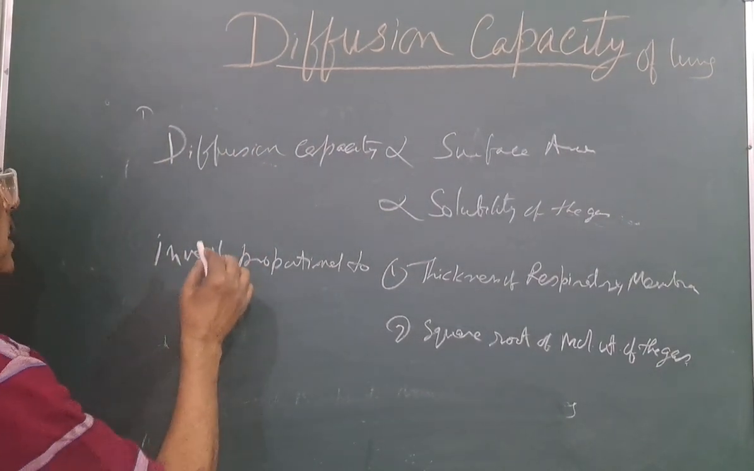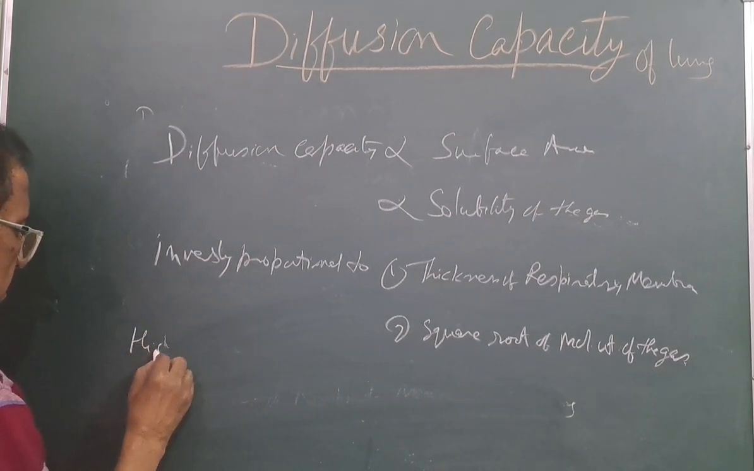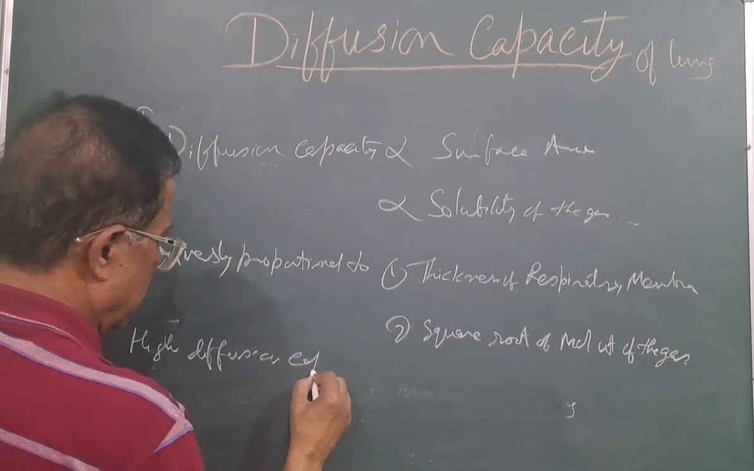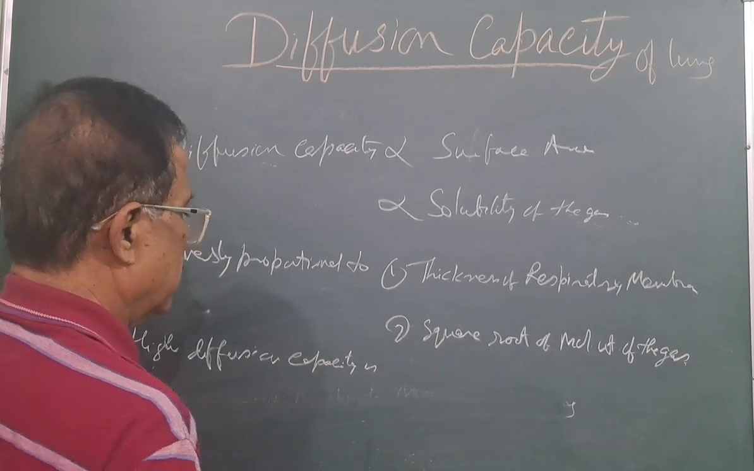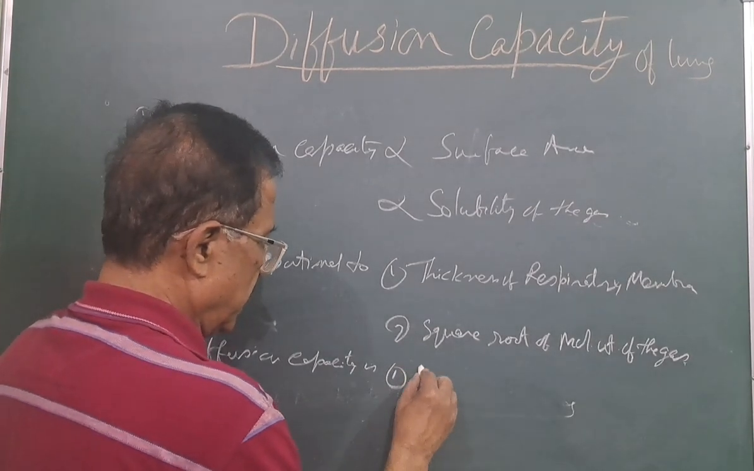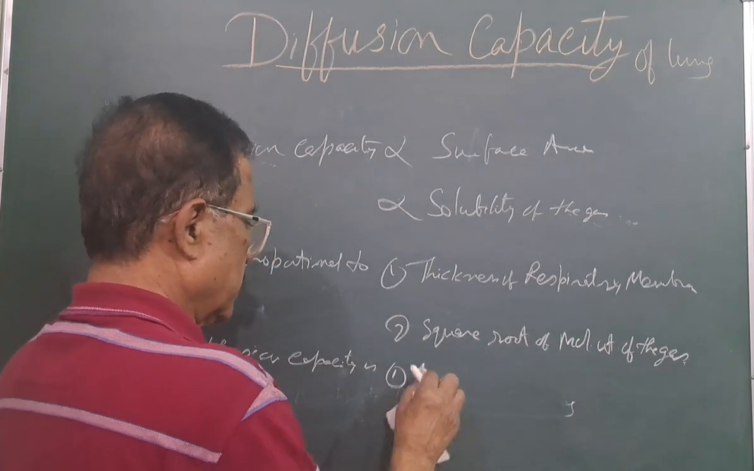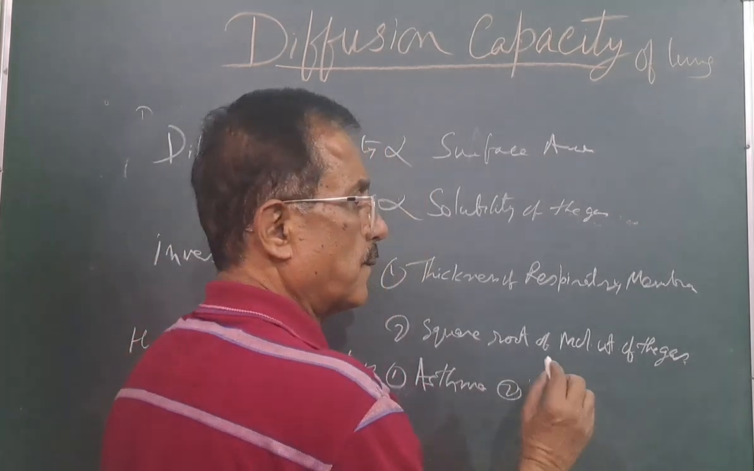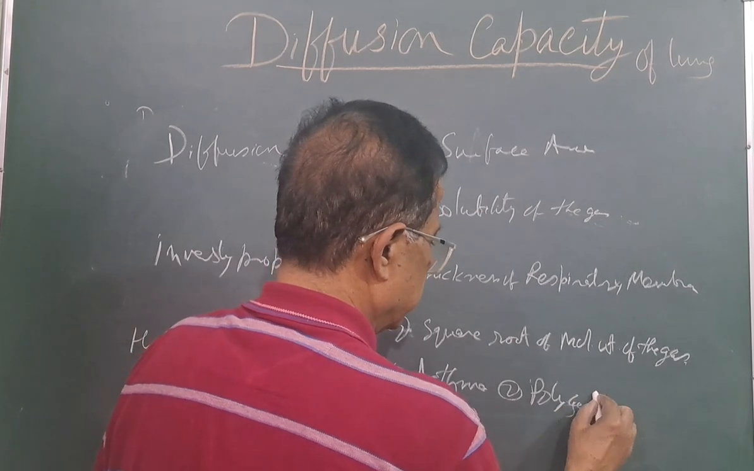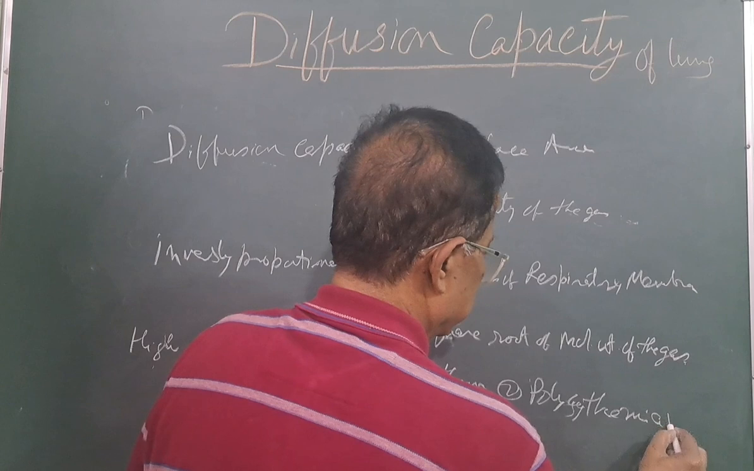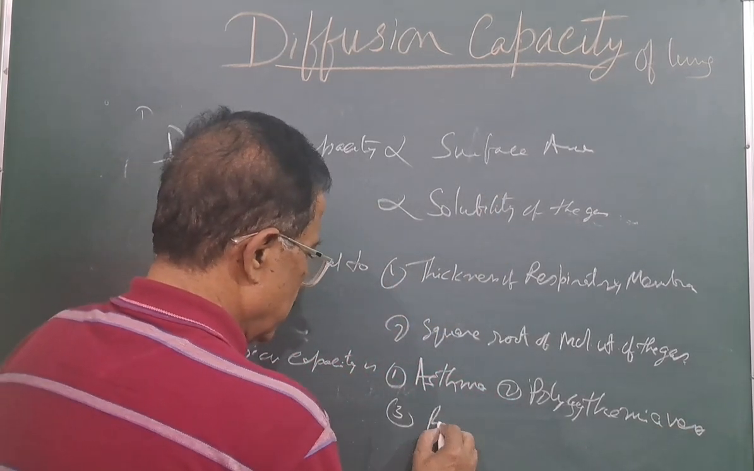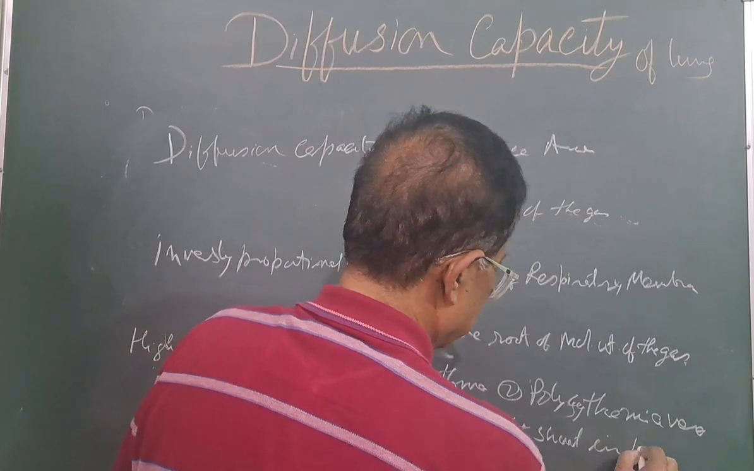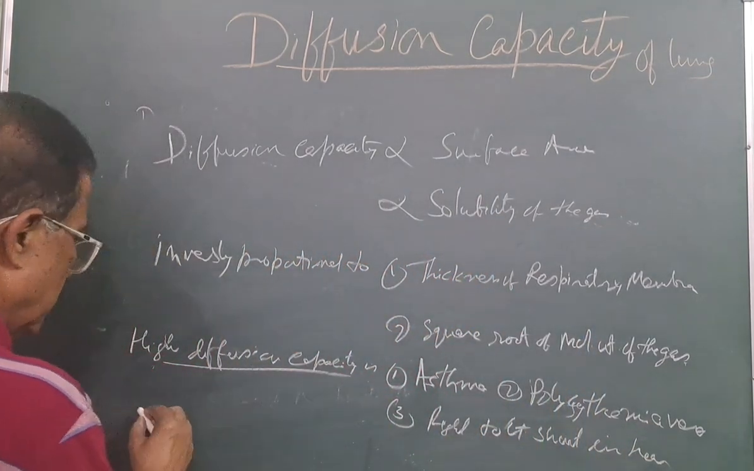High diffusion capacity is seen in number one, asthma, then polycythemia vera, and right to left shunt in heart. That is high diffusion capacity. Low diffusion capacity is seen in